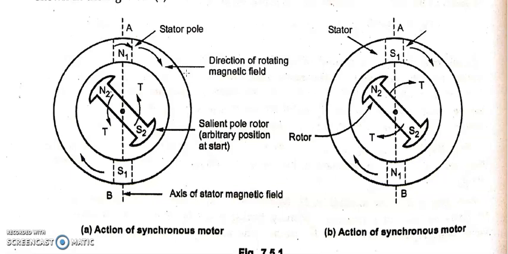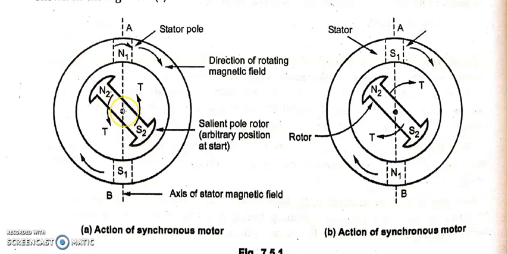For understanding why a synchronous motor is not self-starting, let us consider a two-pole synchronous motor. N1, S1 are placed in the stator, whereas N2, S2 are placed in the rotor part. So two poles are present in the stator, and two poles are present in the rotor. For an instant, let us say N1 and S1 are facing vertically opposite to each other, and as an example, let us say the rotor is positioned such that N2 is facing upwards and S2 is facing downwards.